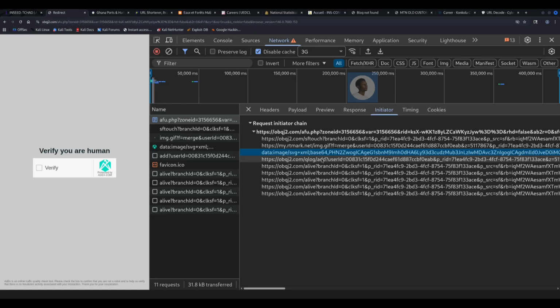Then the next call goes to the keylogger. The keylogger is like a quality logger. This is the fingerprint submission endpoint, so the full browser fingerprint collected by the JavaScript engine is posted over there. Think of your hardware capabilities, your plugin inventory, screen dimensions, everything of that sort is posted to this specific endpoint. And this data is what afu.php used to make its routing decision.